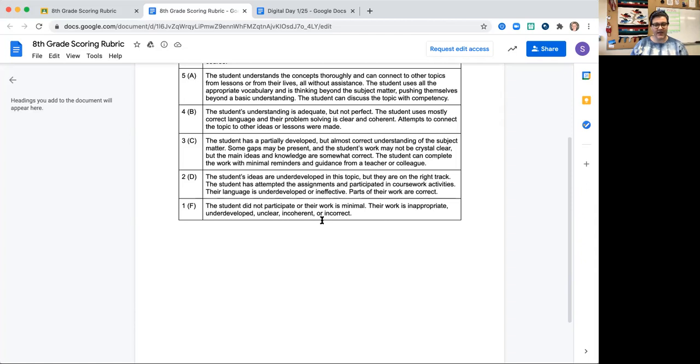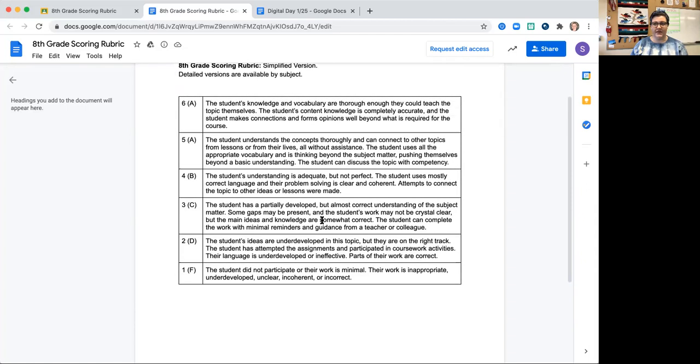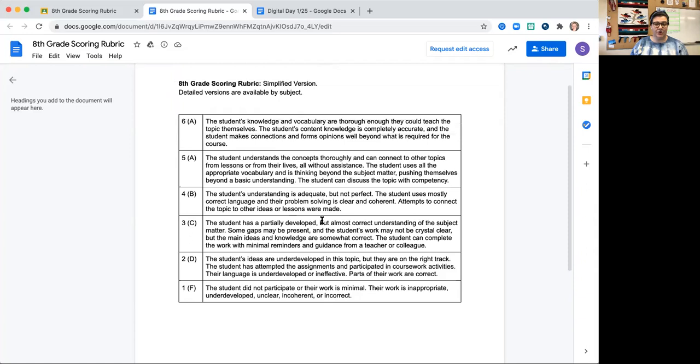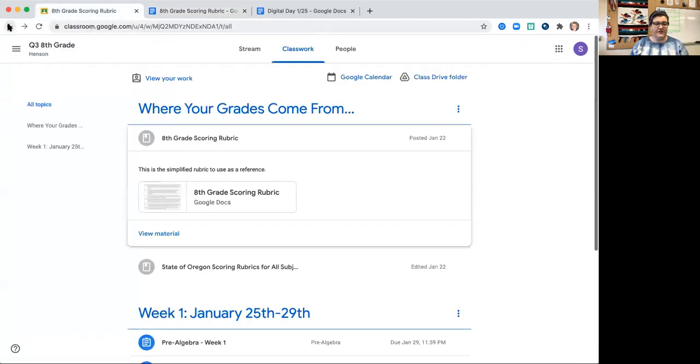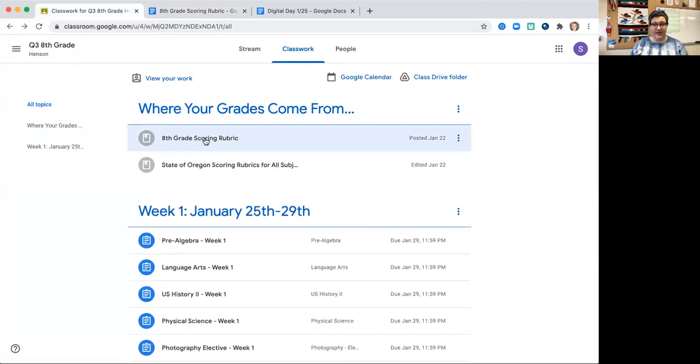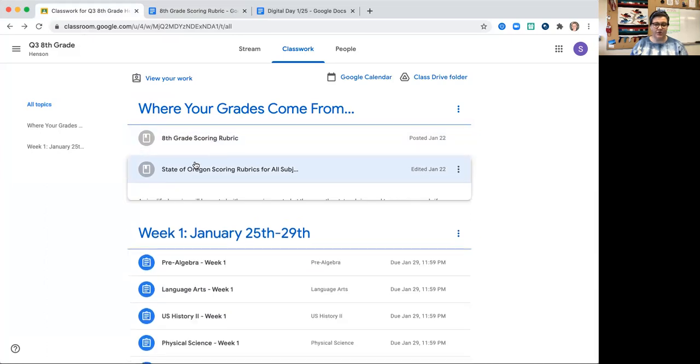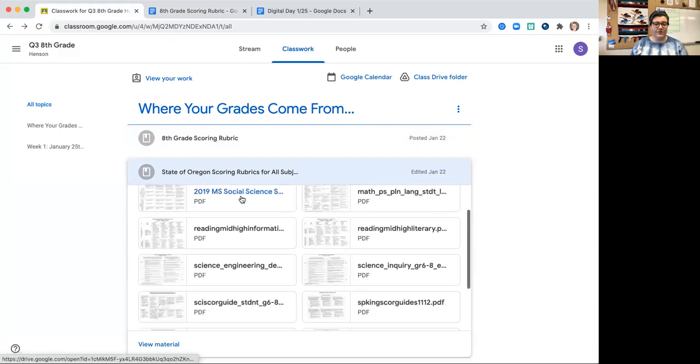So this is the basic outline that I use to grade your work anyway, but now it's much more clear for you to see, and I'll show you why this is set up that way. This is just for every assignment. I use a very similar rubric. All of the state scoring guides, so that's the one that I made that's very simplified, and it works in any subject, but if you wanted to go and look and see what the state scoring rubrics look like, I've posted them all for you.